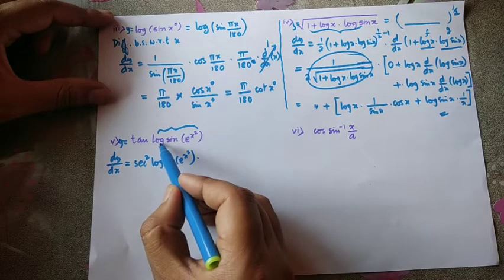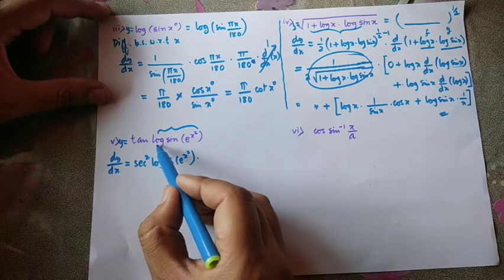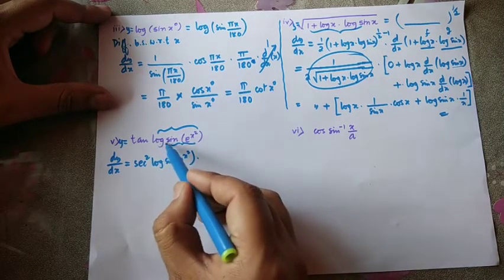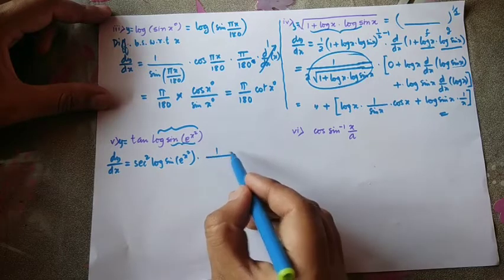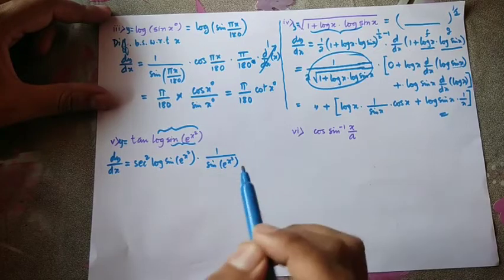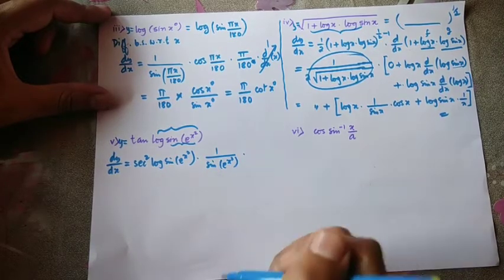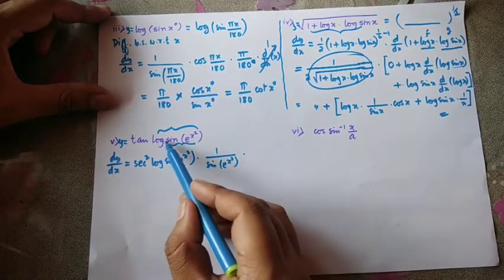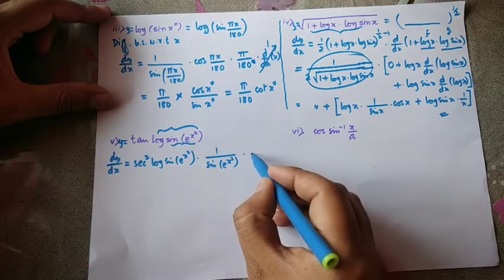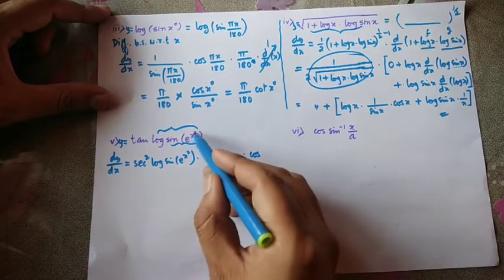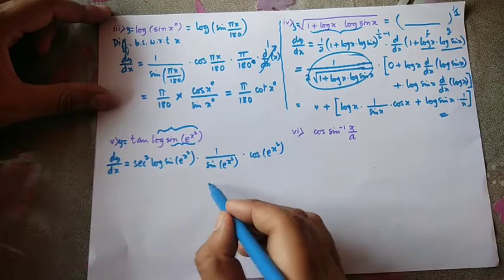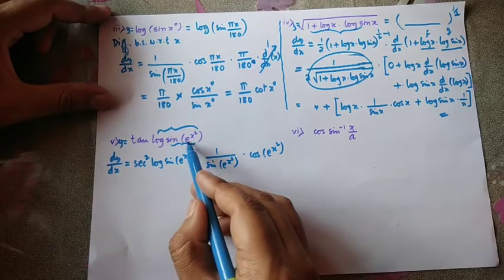Now let us go inside. So when I go inside, I will get log, so this becomes my x. Now into differentiation of log is 1 by x, and what is x here? Sine of e to the power x squared. Okay, into, now we'll move further inside. So sine is there, so differentiation of sine is cos. And what is x? X is e to the power x square into, now inside sine there is exponential, so